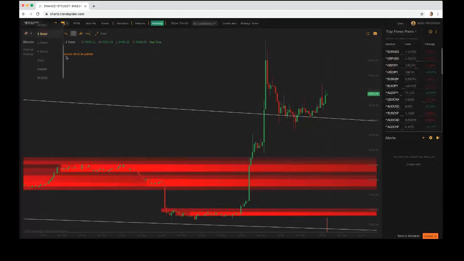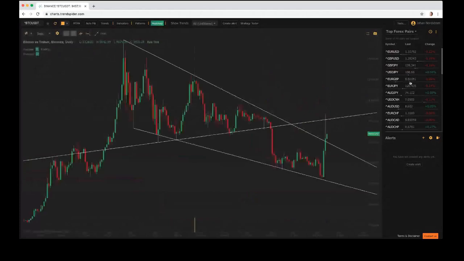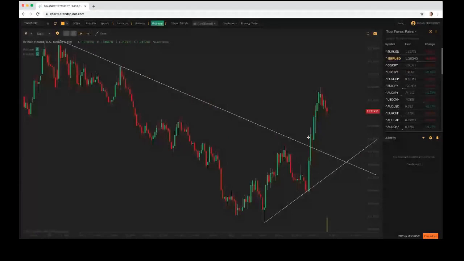So looking at some more Forex charts, we can look at GBP USD, and here as well we see strong bullish price action. We broke this high right here, and we have a higher low right here. So when we have two connecting bottoms, we can create a bullish trend line, and we see that from these two connecting tops